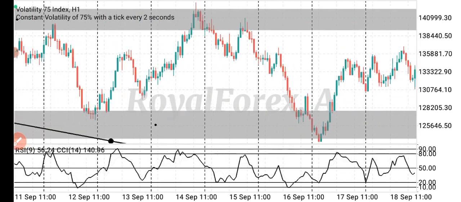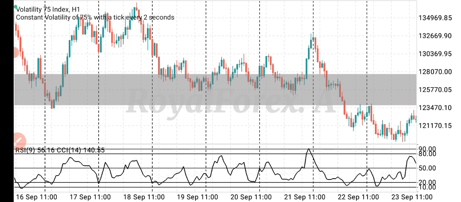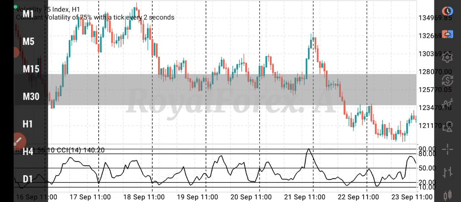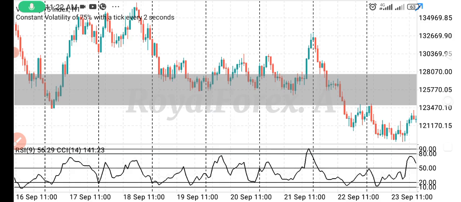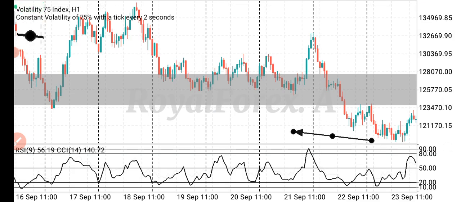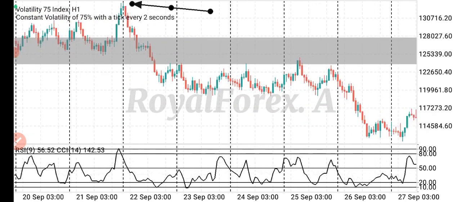So this is how you will repeat this continuously, and you can see how this works out most often. We are not saying it works out all the time, but most often. Here a bullish engulfing and it went up a little. You can see the same here. So now let's look at,